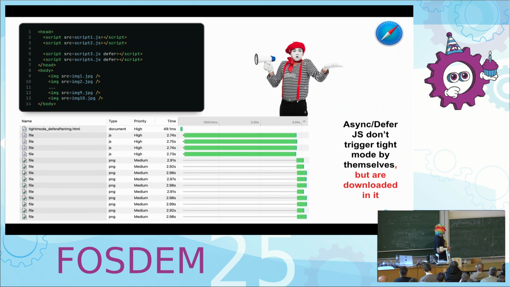Safari obviously has type mode. What is requested in type mode? The high priority JavaScript, but also the deferred JavaScript as well. And I tested this further. Even if there is no synchronous JavaScript, what's going to happen? Safari is not going to trigger type mode for deferred or asynchronous JavaScript. So by itself, it won't trigger type mode. But if type mode is in effect, they will get requested during type mode, just to make things easy for